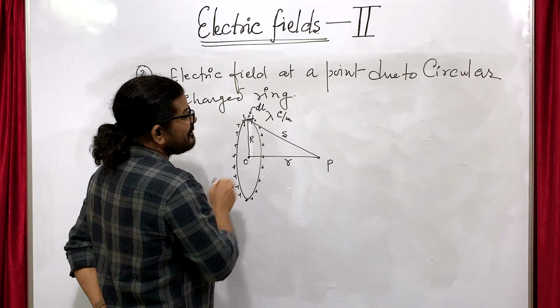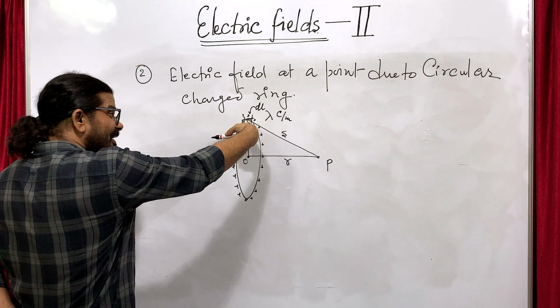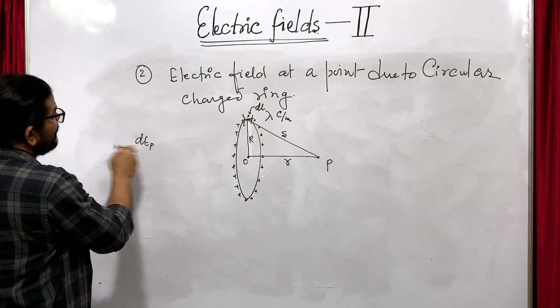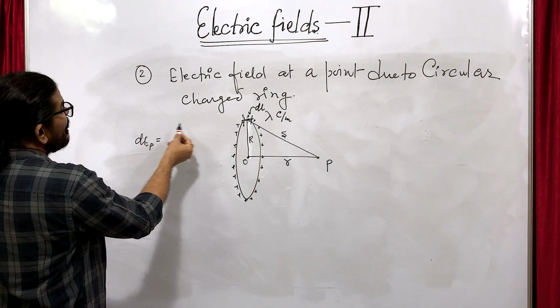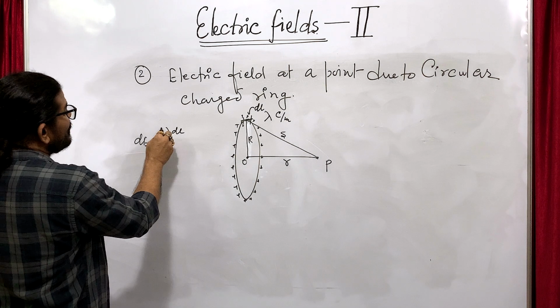And suppose this distance is s, then electric field due to this, here we can apply Coulomb's law. Electric field at point P is equal to lambda into dl into